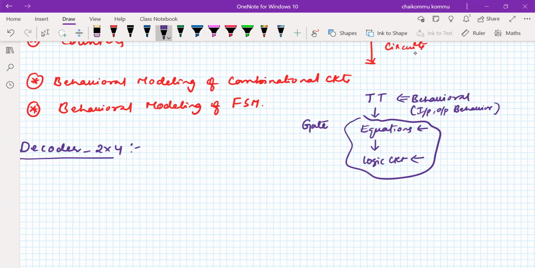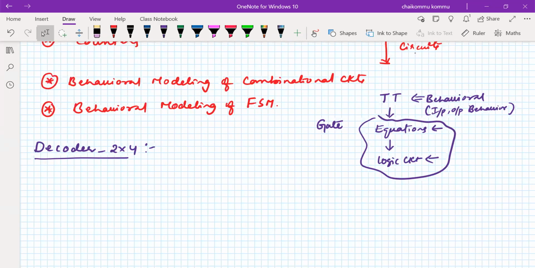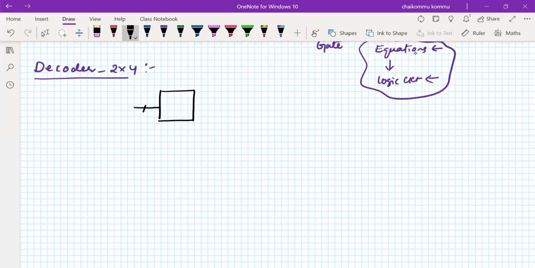That's the reason why it is called a high level language, and it is a suggestible modeling style at any instant of time for any digital circuit. So in that sense, we are going to use behavioral modeling for a combinational circuit. Everybody knows that, for example, we have a two-input data here, it is called D, and this is Y, a 4-bit size Y.